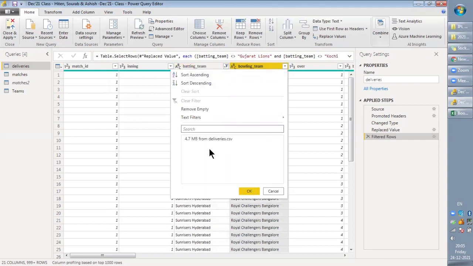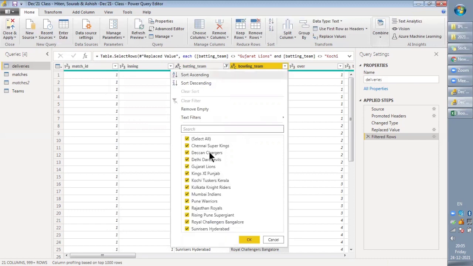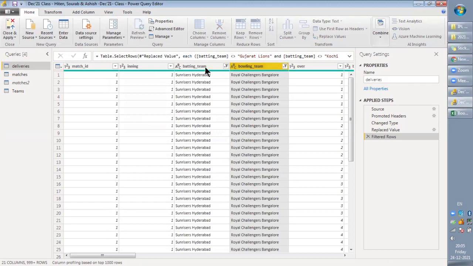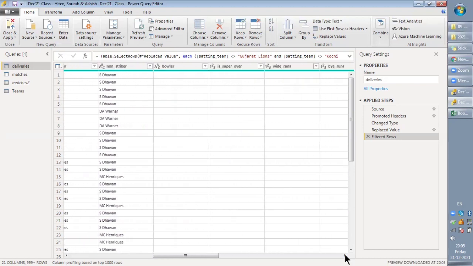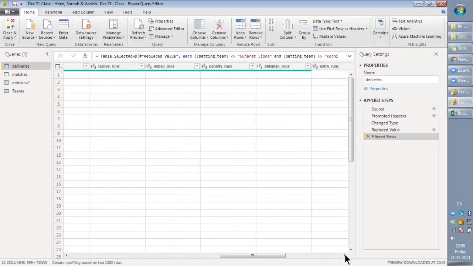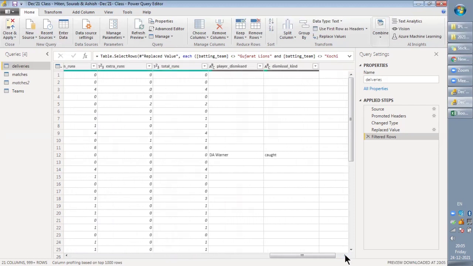If we find any of the 4 teams, we have Gujarat as 1, 2. Here Pune. I'm removing these from all the columns because they might be batting first or bowling. I don't think any other column has teams.